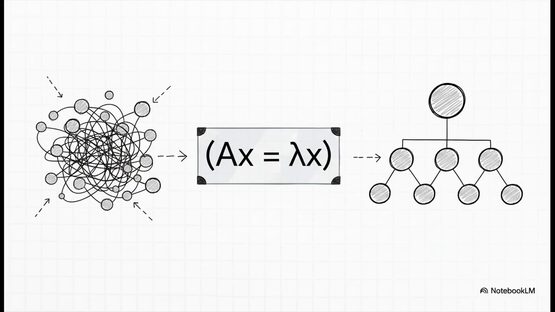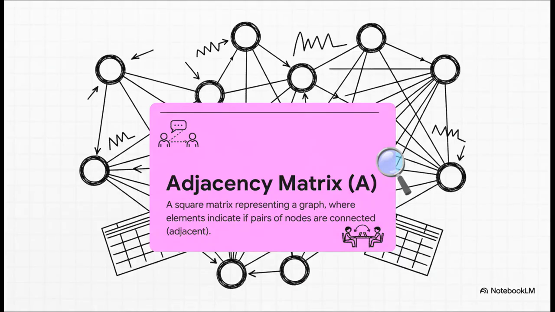Now don't worry, we are not about to dive into a linear algebra lesson. The key thing to get here is that this little formula lets us calculate how the very structure of the network, that whole web of connections, actually determines the influence of every single person inside it. So the whole process kicks off by building something called an adjacency matrix. Really, the easiest way to picture this is just a giant spreadsheet for the whole network.